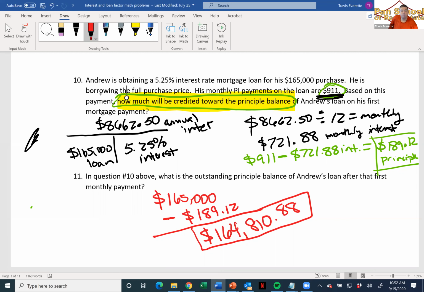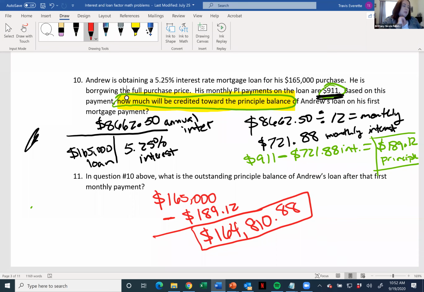We figured out how much of that payment was basically being skimmed off the top for interest first, and then seeing what little bit was left over. I think of it like a pocketbook almost. You know, the pocketbook started with $911 in there, and the first thing somebody did was took money out for the interest. And then we're seeing how much is left, because that's what's going toward the principal.